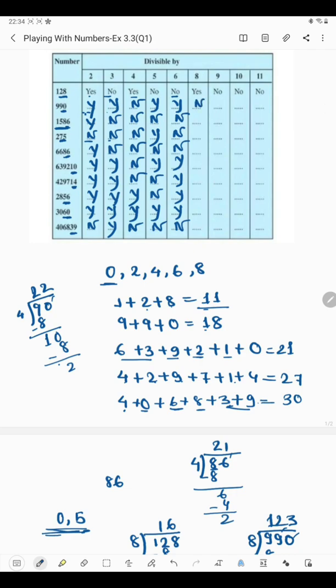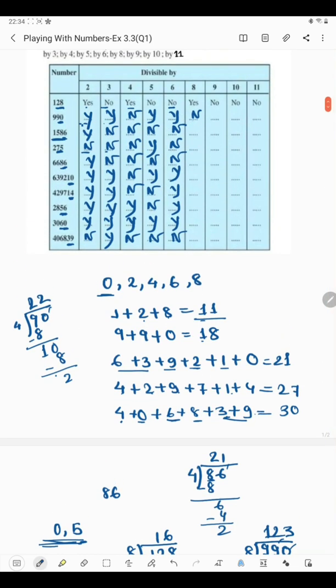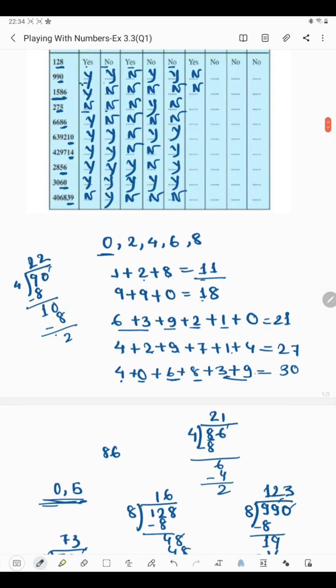Okay. Now in the next one we have 1586, in which 586 is the last 3 digits. So again we will have to divide 586 by 8. So 8 sevens are 56. Now 58 minus 56 is 2. Then 6 will come down. 3 eights are 24. So we have got 2 as remainder. That means it is not divisible by 8. Okay. Now here 275. If you check whether it is divisible by 8 or not, 3 eights are 24 and 27 minus 24 is 3. So 8 fours are 32. Here also we have seen that it is not divisible by 8. So we will write no.